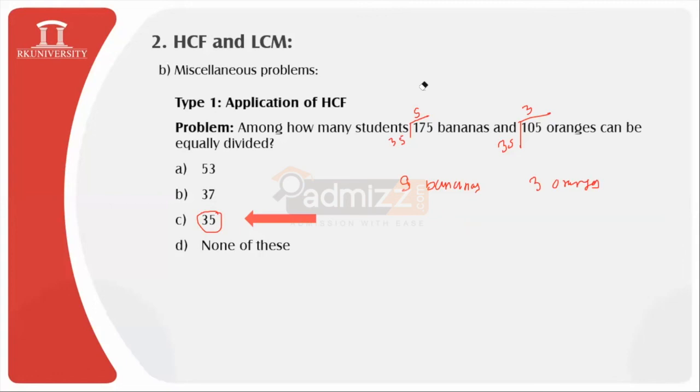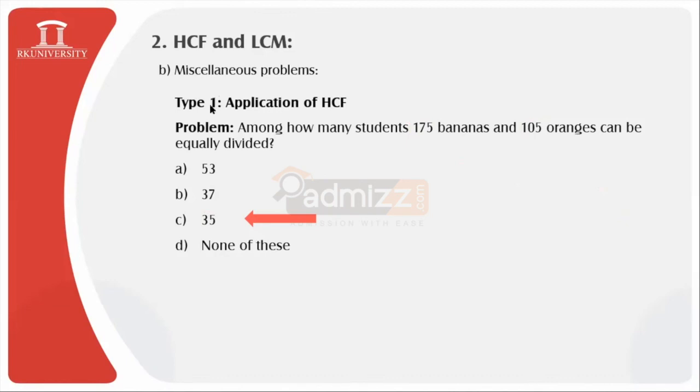Okay, there is one question from Razan: what if bananas are not equally divided but 2? No, no, no. See, it is the question of HCF that we have done over here. The question will be like this way. But the number of bananas and number of oranges are just for the sake of your understanding. This is not included in our syllabus at this point of time. This is just for the sake of understanding the concept, that is, where the HCF concept is applied in daily routine. I believe I've made your query clear.